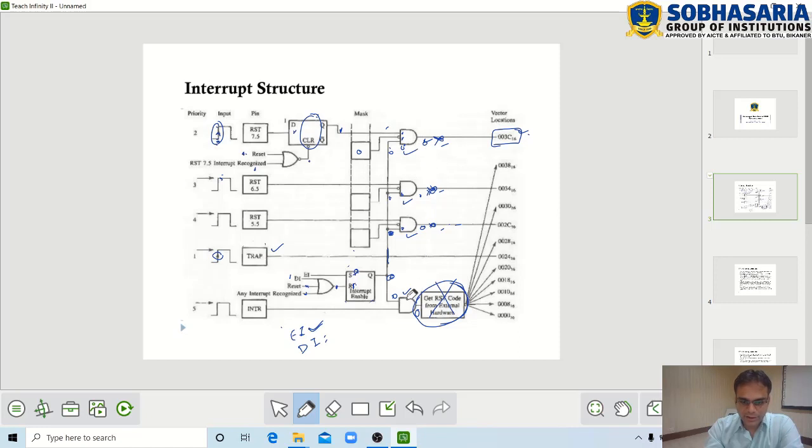So all these 4 interrupt processes can be disabled with a single DI instruction, and all these 4 interrupt processes can be enabled with this single EI instruction, right? So this is how EI and DI can set or reset the particular interrupt enable flip-flop.